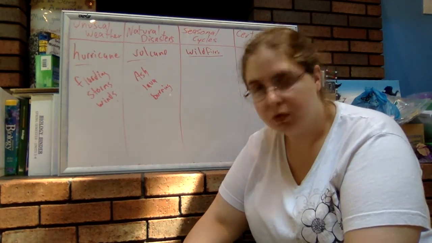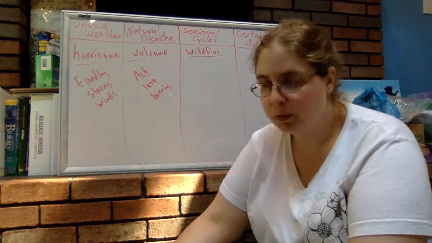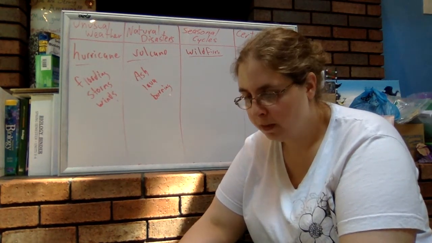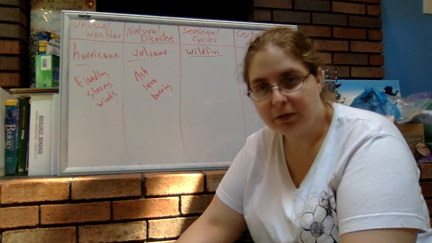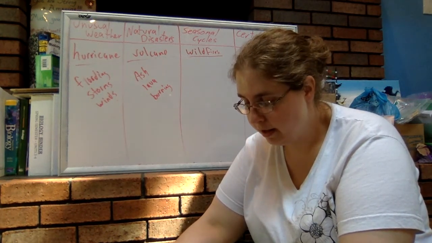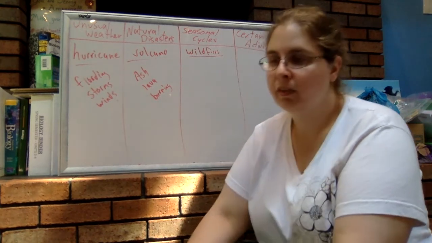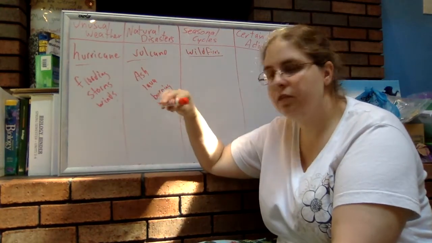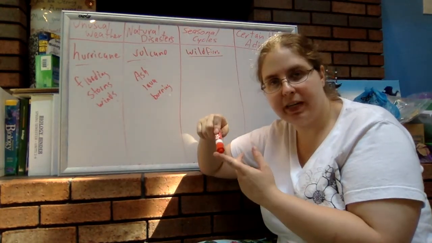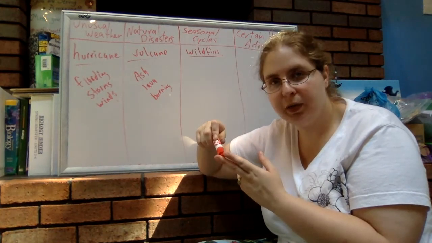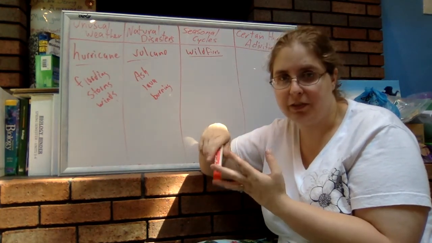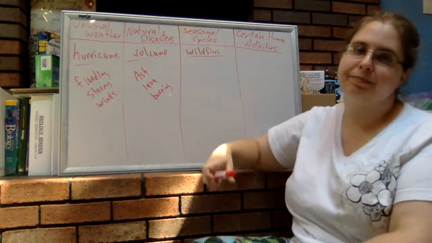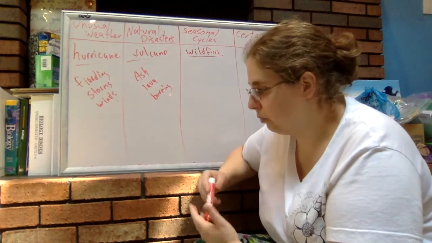Seasonal cycles. So whether we're talking about winter versus summer, or a rainy season versus a dry season, or a wildfire season, these are conditions that occur every year and actually allow for adaptation. Now, typically with these first three, organisms either have to escape the situation, they die in the situation, or they can adapt to the situation. Now, with seasonal cycles, that's where we tend to see a lot more of the adaptations. For instance, we mentioned wildfires.